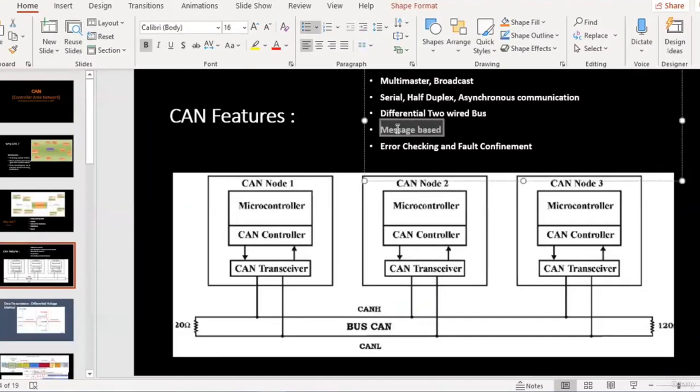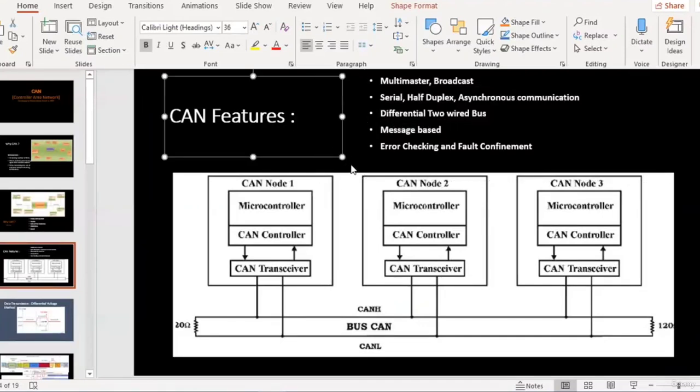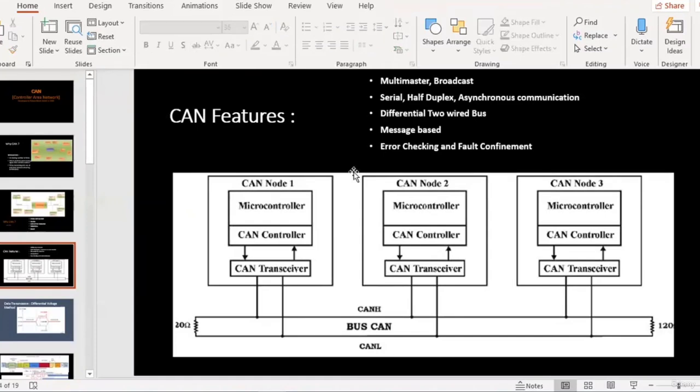And this is a message based protocol. So every information that is flowing from one CAN node to the other CAN node is message based. That means all the information is packed into a message. Each message has a message identifier, and based on the identifier there is a priority of the message, and with that priority the node will win the bus.